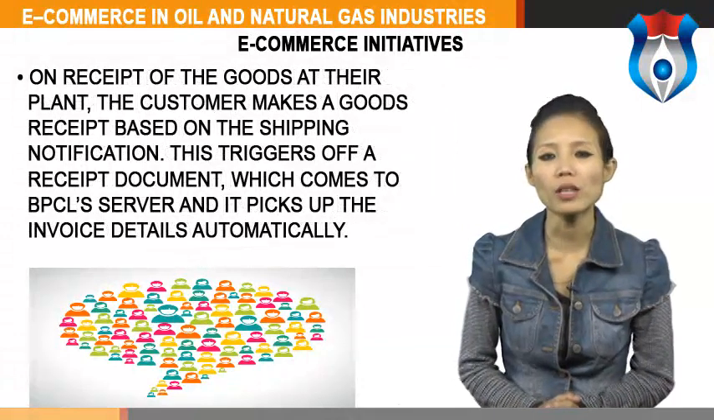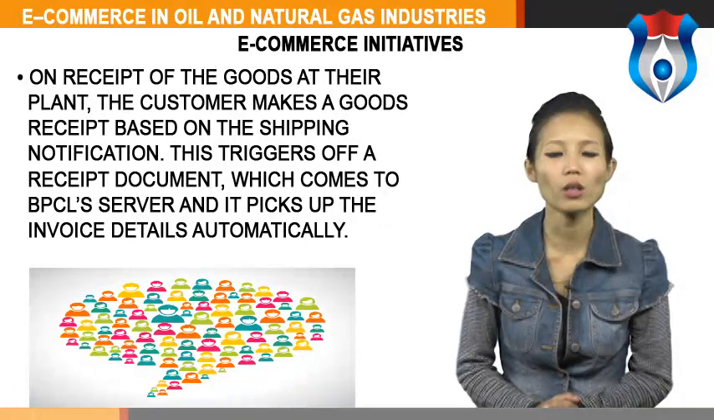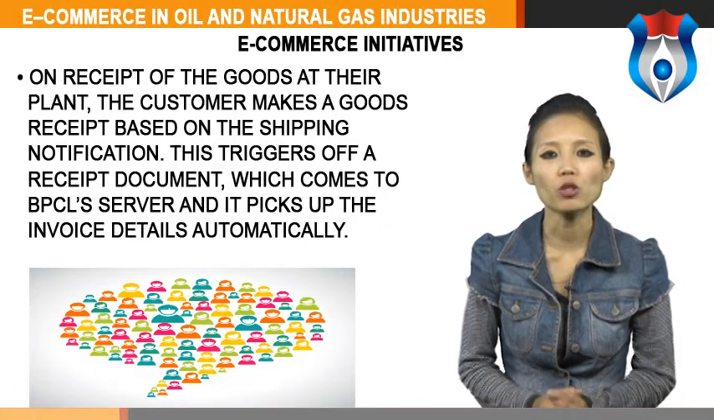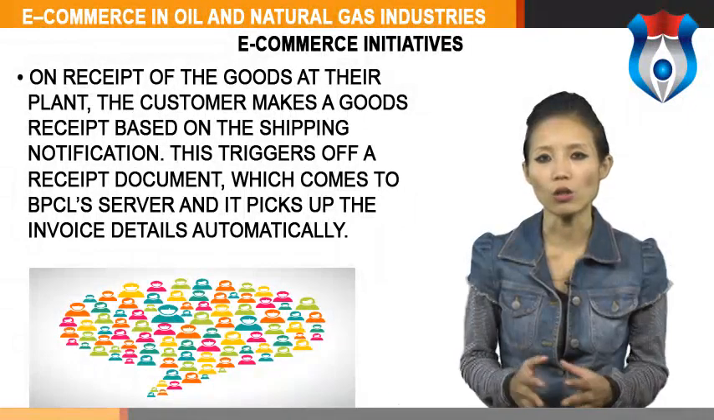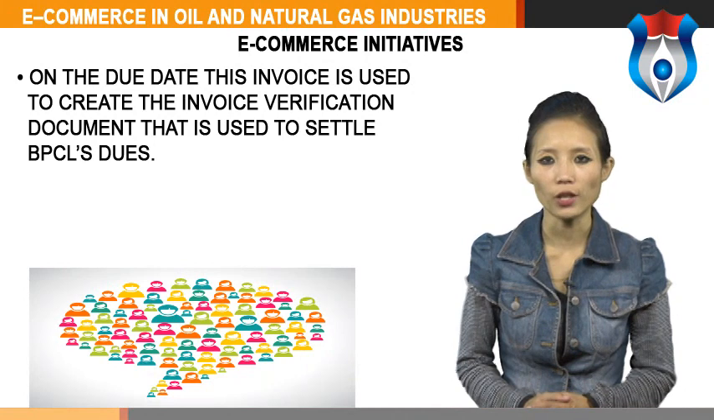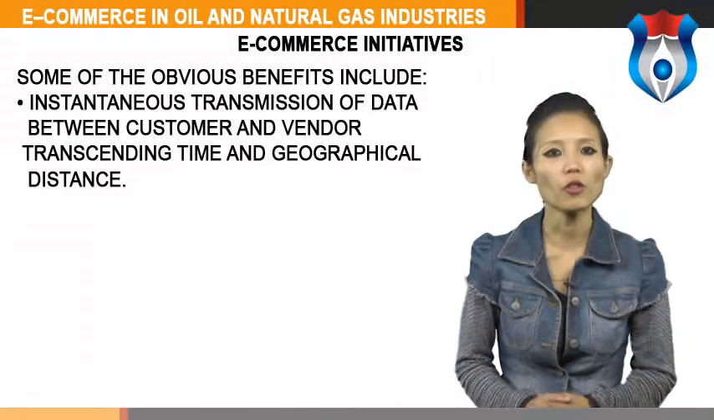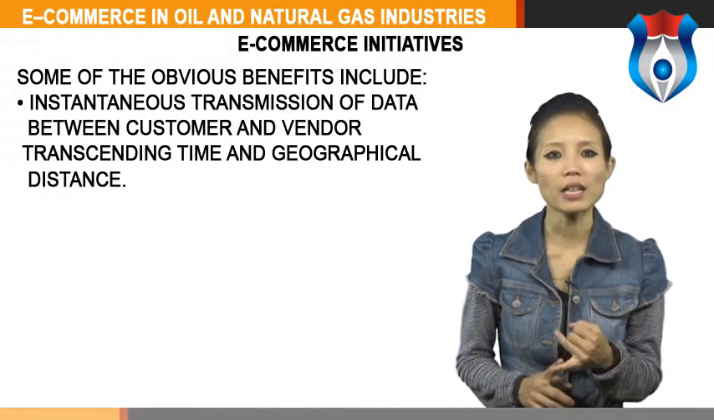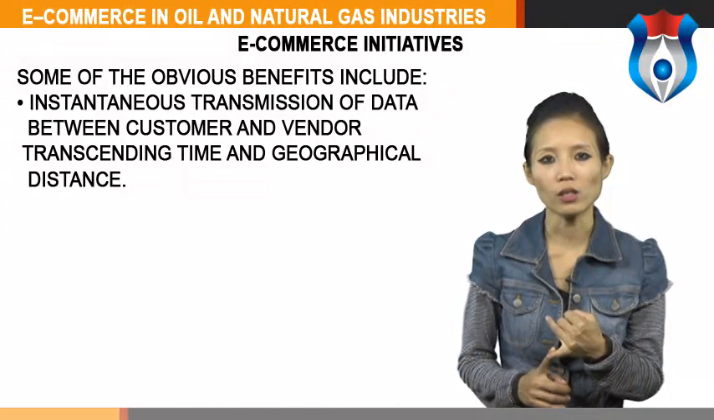On receipt of the goods at their plant, the customer makes a goods receipt based on the shipping notification. This triggers off a received document which comes to BPCL's server, and it picks up the invoice details automatically. On the due date, this invoice is used to create the invoice verification document that is used to settle BPCL's dues. Some of the obvious benefits include instantaneous transmission of data between customer and vendor transcending time and geographical distance,